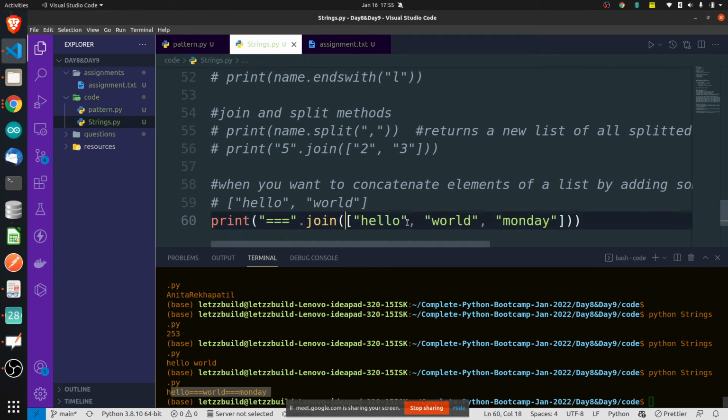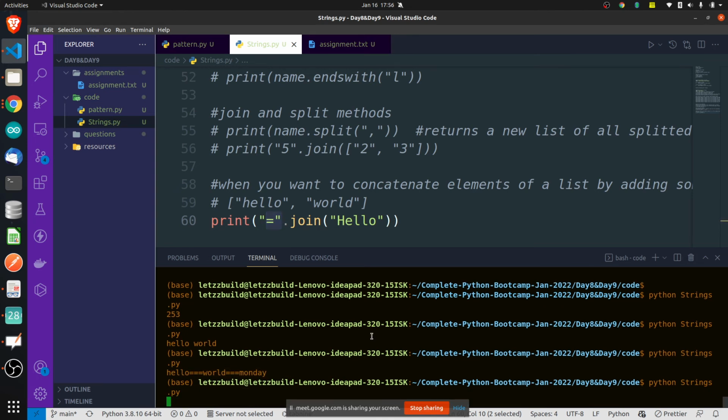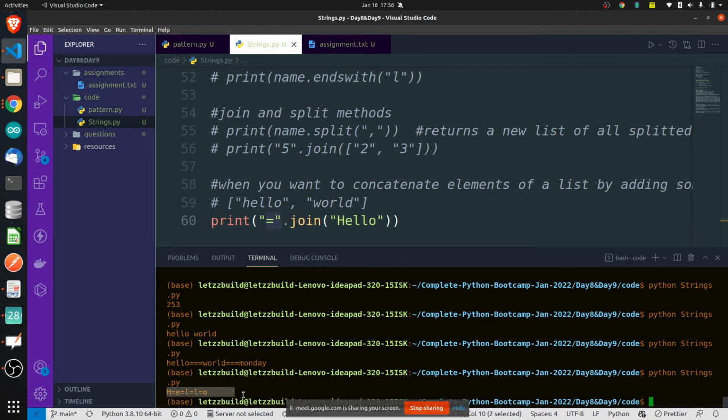It can be a list or it can be even something like this. Hello, it can be something like this. Now what will happen in this case? H will be there, then after H this will be printed. Let's put 1 equal to. H will be coming, then 1 equal to will come. After every E, again 1 equal to will come. You want to insert this string in between every letter of the string or every element of a list. That time it will work like this. See here. Is this clear?